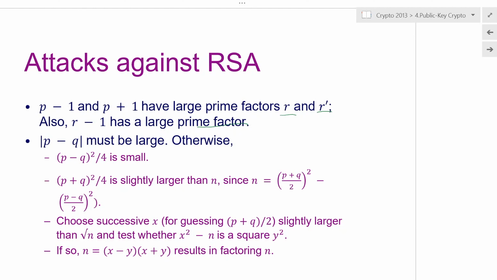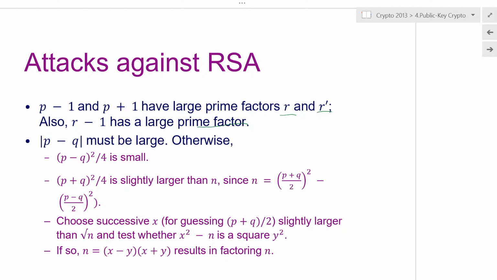Again, this is another advice that you always use famous libraries for utilizing RSA in practice, because when you use, for example, OpenSSL, when you generate the prime, they would go and do all these checks for you and make sure that the prime that you have chosen is safe. So you don't have to worry about this. But some of these attacks we just discuss over here because they are very interesting for you to learn some techniques from them.